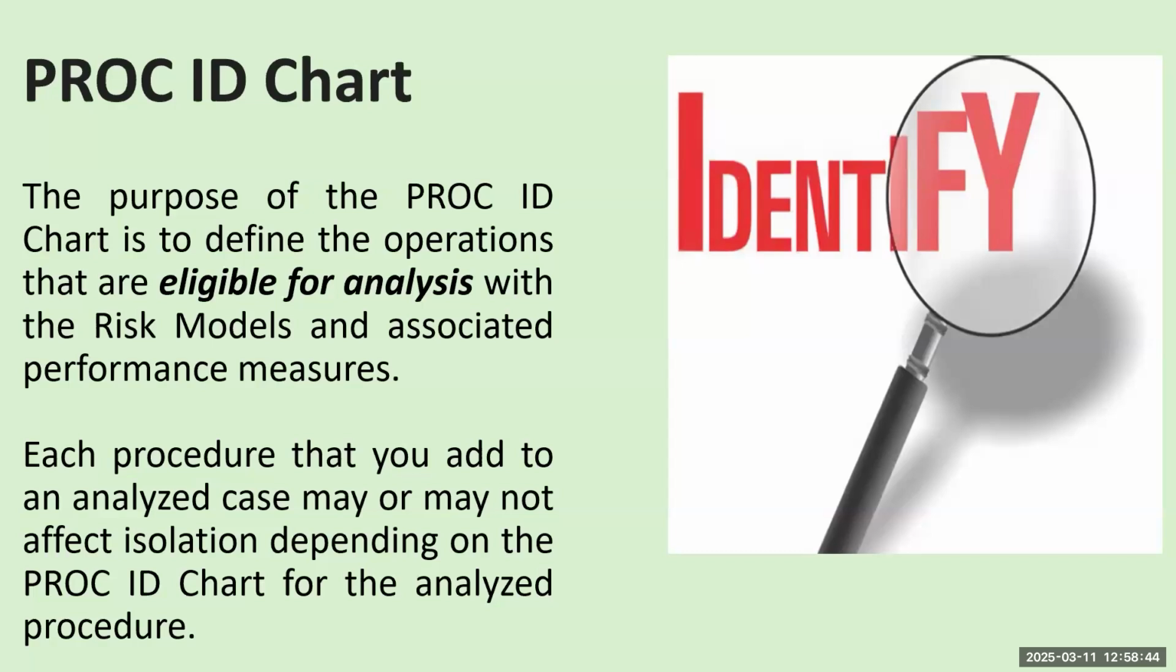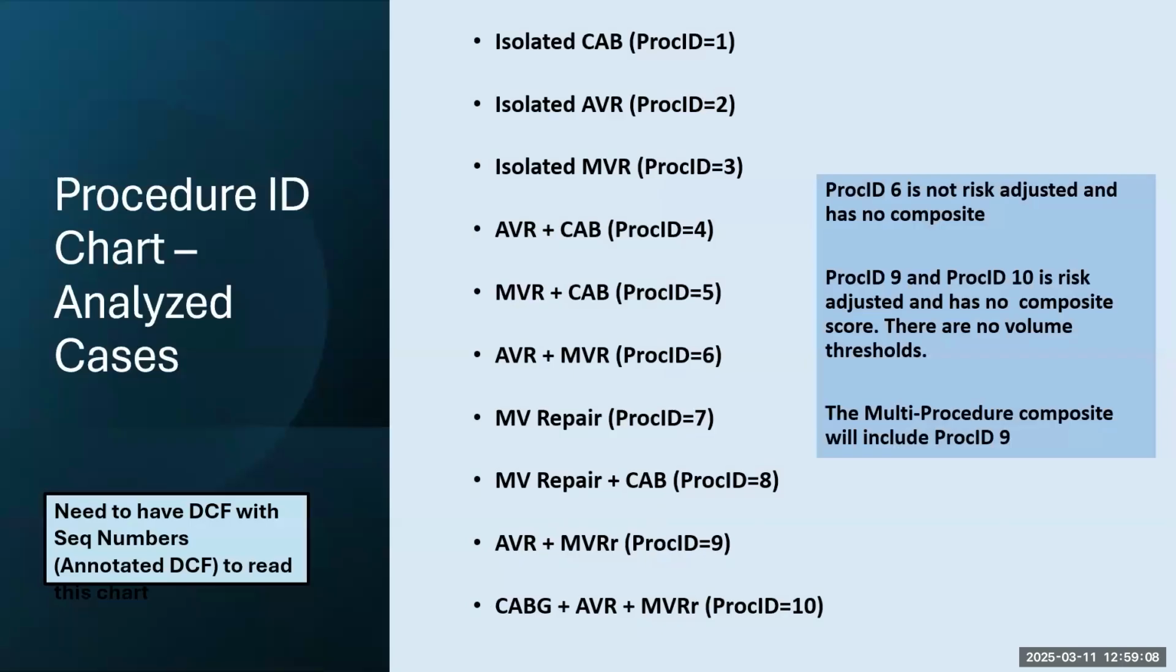So what's the purpose of the PROC ID chart, first of all? It's to define the operations that are eligible for analysis with the risk models and associated performance measures. Each procedure that you add to an analyzed case may or may not affect isolation, depending on this PROC ID chart. So when these are analyzed cases or risk adjusted cases,